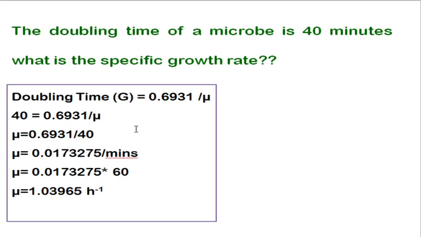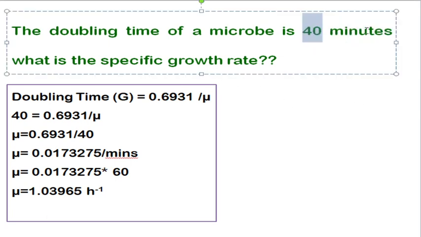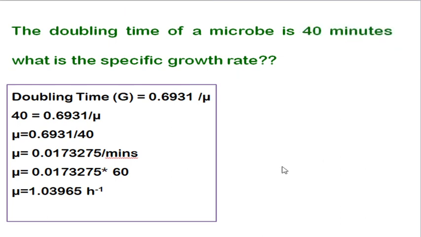Here they have given the doubling time as 40 minutes. The doubling time of the microorganism is 40 minutes. What is the specific growth rate? You can convert this into hours first, or else convert at the end. Follow the rule that I am going to tell you. The doubling time 40 is equal to 0.6931 divided by mu. Mu is the specific growth rate which you want to find. Therefore, mu is equal to 0.6931 divided by 40, which gives